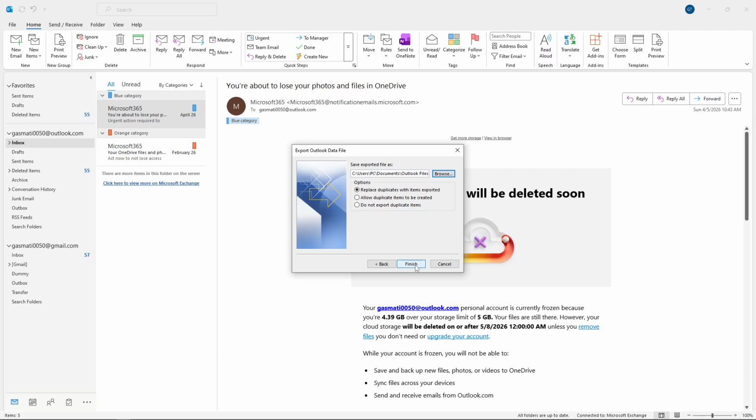Outlook will now begin creating your PST file and saving it to the location you specified. Depending on how much data you're exporting, this might take a few moments, so be patient while it processes. And that's it. You've successfully exported your Outlook data to a PST file, which you can now use for backup or transfer